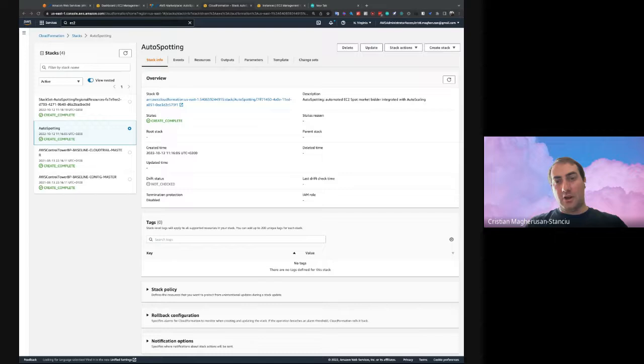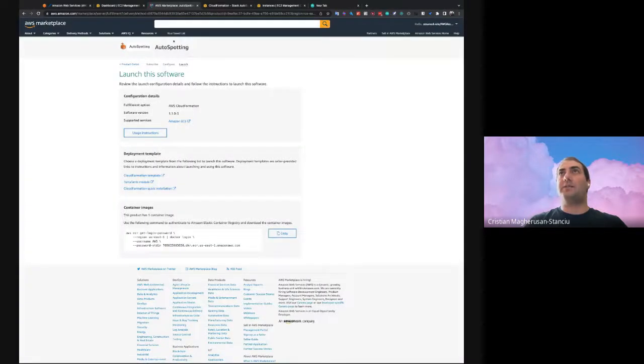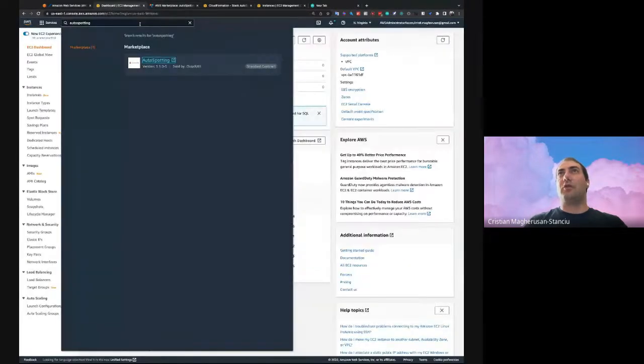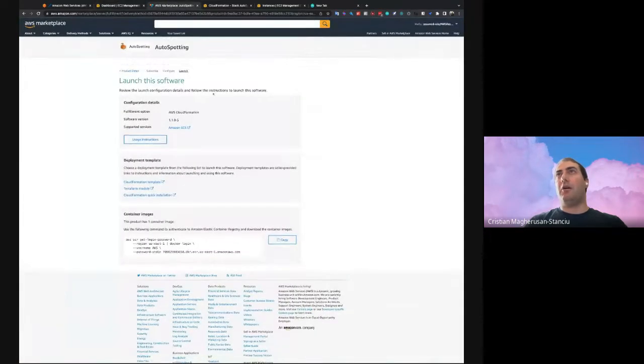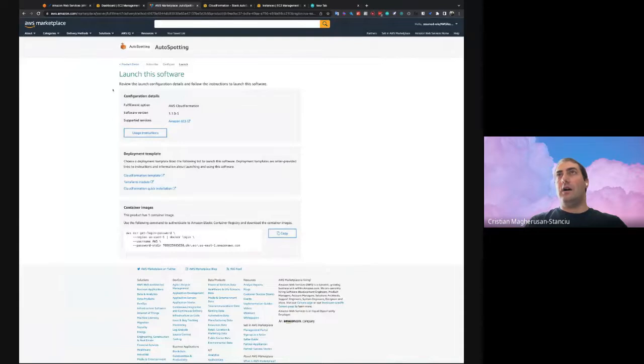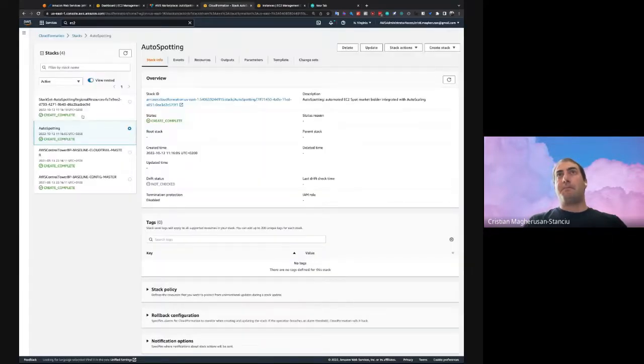In the previous video, I showed you how to install Autospotting from the marketplace. As a little recap, you go to the marketplace, you search for Autospotting in the console. It will open the marketplace, and you follow a wizard, then you click the quick installation, and you get Autospotting installed. After a few minutes, everything is deployed in your account. And that's fine. You get it running, but Autospotting is